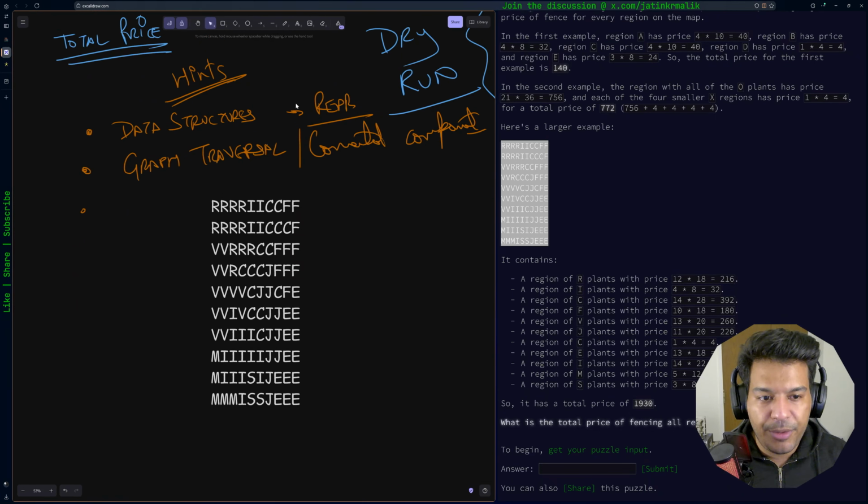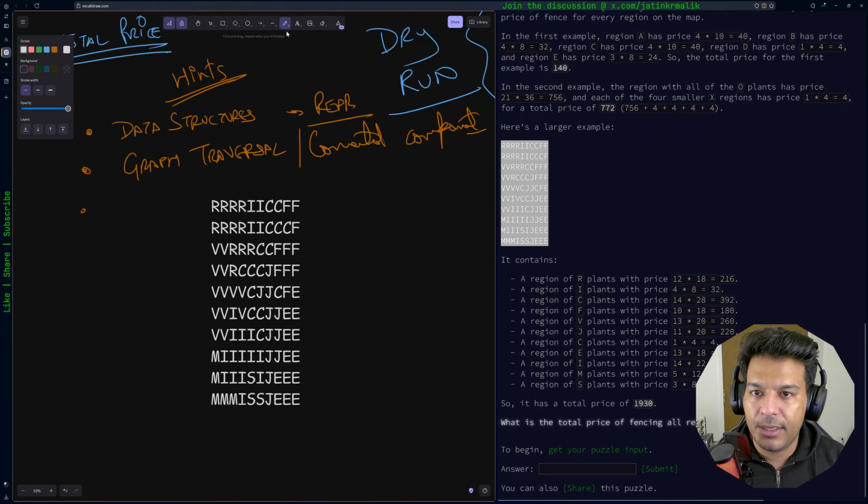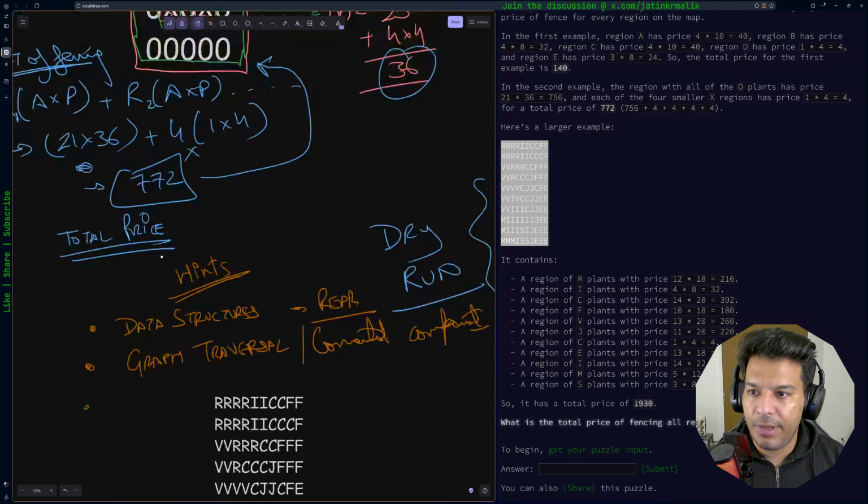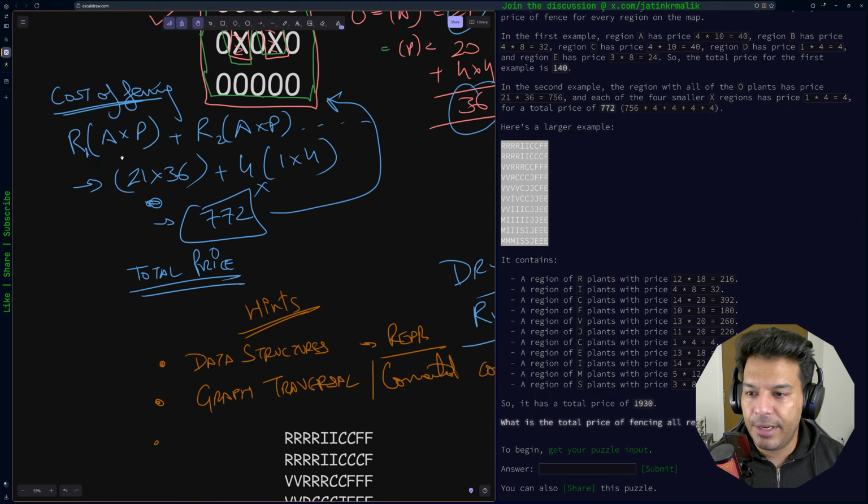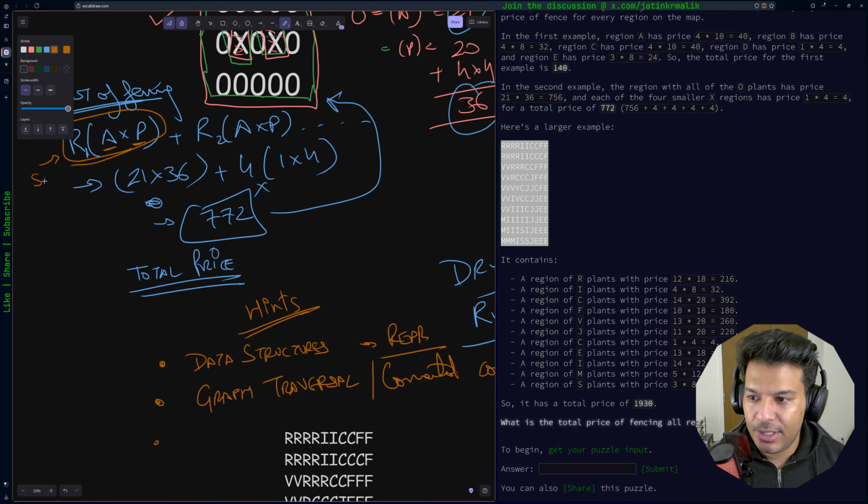So if you see, the first thing we have to do to find the cost, breaking down the cost formula that we wrote here, is to find a region here. And once you find a region, the next thing is that you need to find the area, if you are breaking down the problem into smaller sub problems. So this is a sub problem right here. We need to find the area, we need to find the perimeter, and then by multiplying them, we get our cost 1, C1. Similarly, we do it for region 2, get our C2, and so on, and then overall